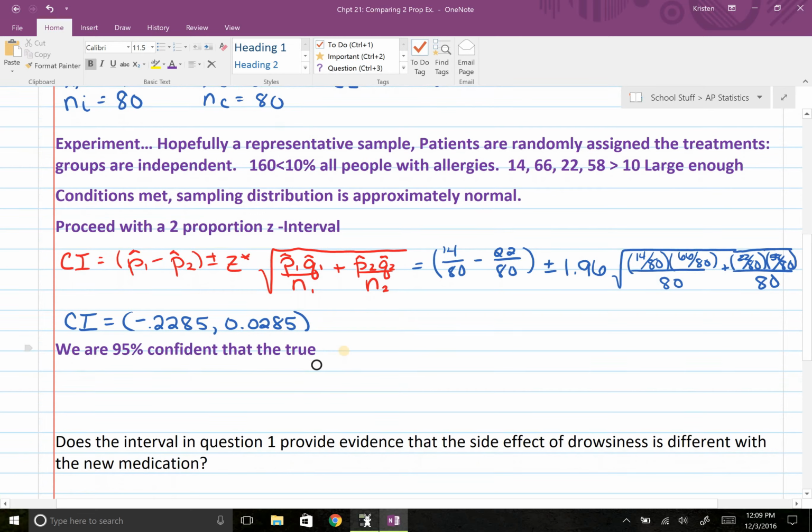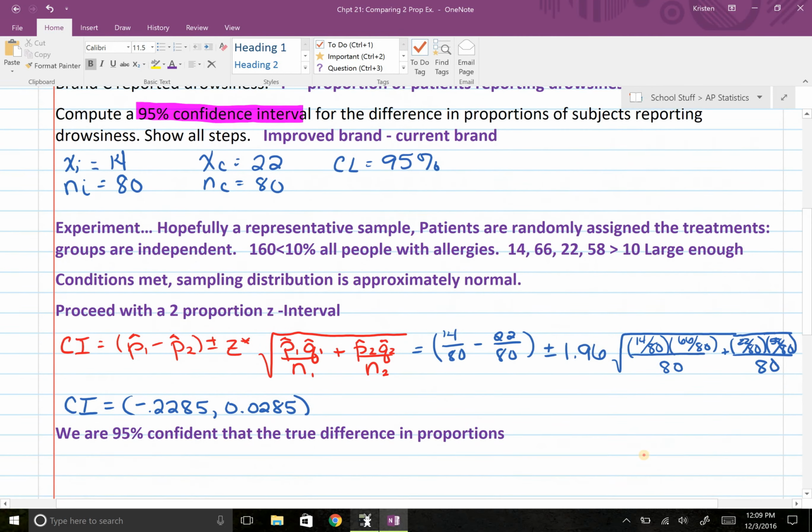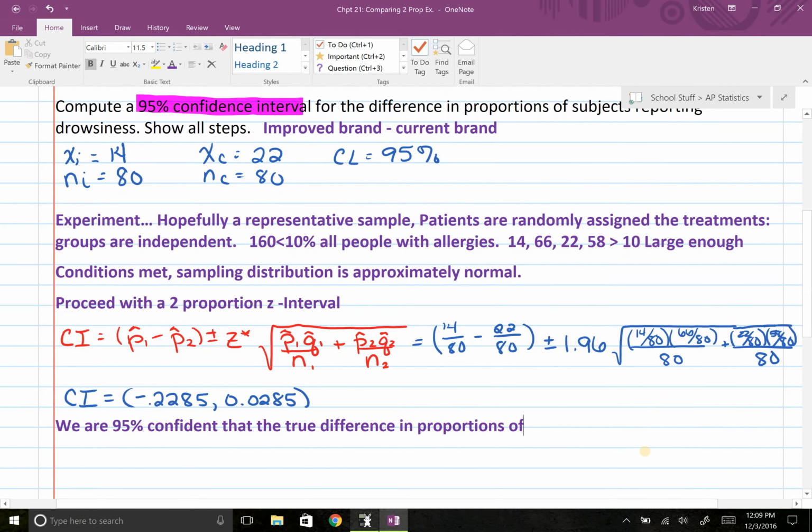So I'm going to put that word for word, the true difference in proportions of subjects reporting drowsiness. And I'm actually going to input here that I'm doing the improved brand, or let's just call it brand I, minus brand C,